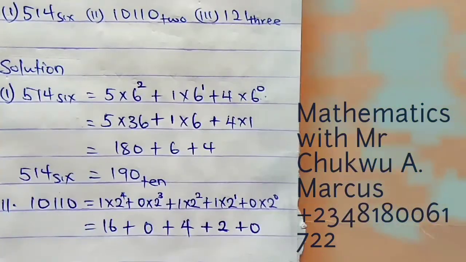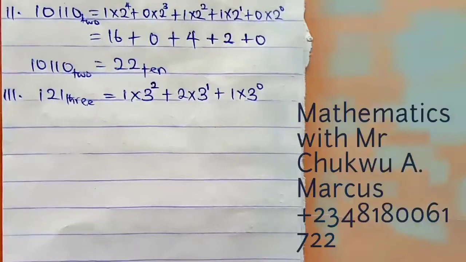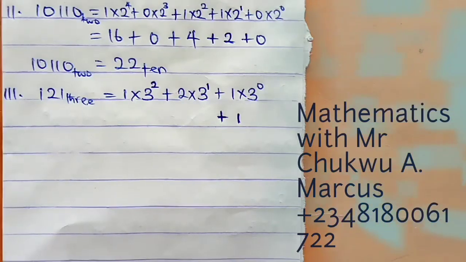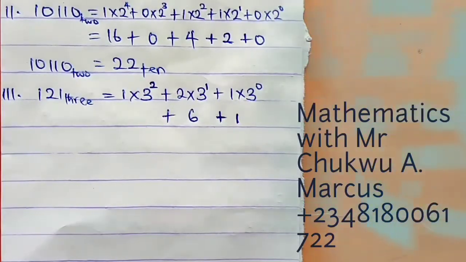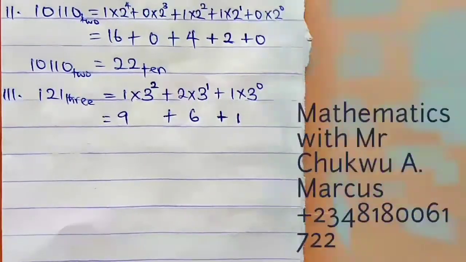If we sum the numbers together, we will have a simple number, let's go for 121 in base 3. This is the expansion. Therefore, let's sum them together. We will have 3 raised to the power 0 will give us 1. 1 times 1 will give us 1. 3 raised to the power 1 is the same thing as 3. 2 times 3 will give us 6. 3 raised to the power 2 will give us 3 times 3, which is 9. 1 times 9 will give us 9. Summing them together, we have